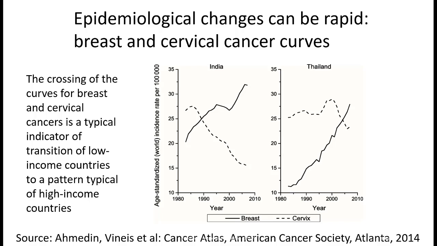I have just a couple of slides about public health in general, because I want to make 2 points. The first point is that we tend to think that non-communicable diseases, as opposed to infectious diseases, are relatively slow in their epidemiological changes, but this is not necessarily true. This is a typical observation we make concerning the growth of low-income countries. When they develop, we observe this crossing of the curves for breast cancer and cervical cancer, which have quite different risk factors. So breast cancer increases and cervical cancer decreases when countries like India or Thailand have gone or go through development and growth. So non-communicable diseases can change rapidly, and they may also be affected, as I will show,